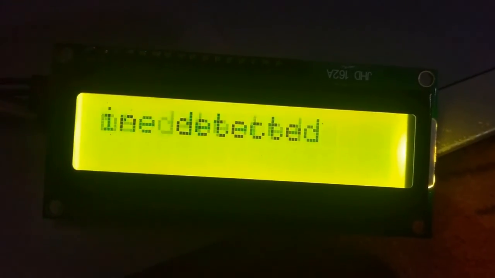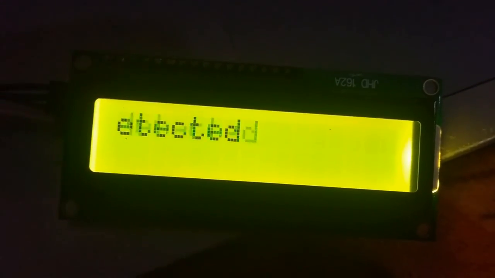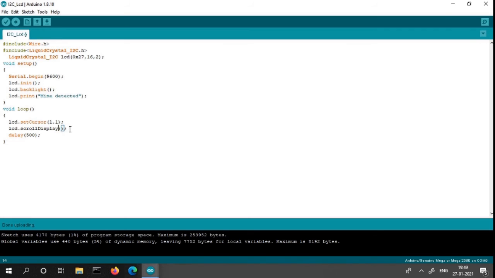Okay, we can see the output: Mind Detector is scrolled from right side to left side. We provided that the data should be scrolled from right to left, that is scroll to left. That is what we have seen. Okay, now we are going to change the command to scroll in the right direction.